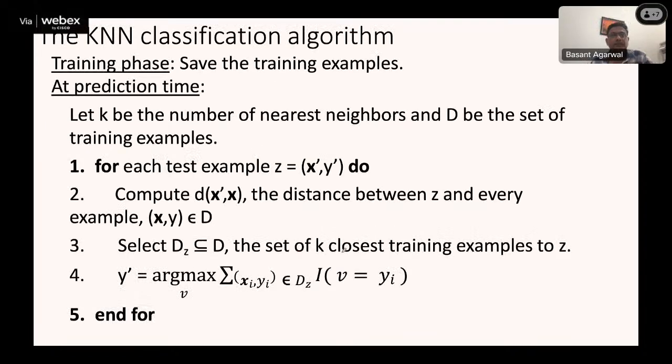So, the k-nearest neighbor algorithm formally can be described as follows, in which in the training phase, all the training examples are